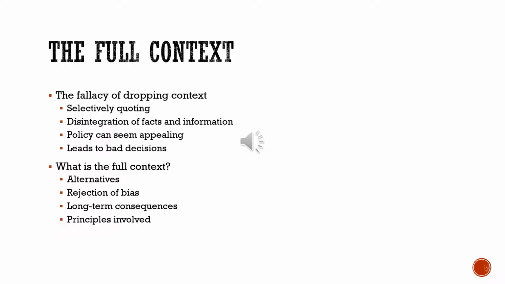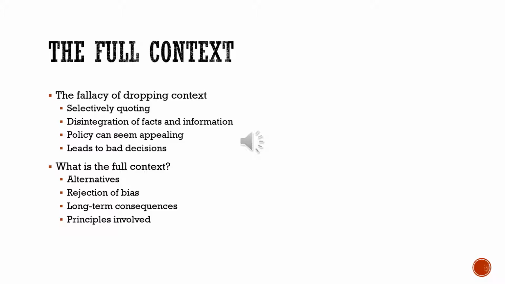We are all probably aware of the fallacy of dropping context. The classic example is to selectively quote someone. When this occurs, some of the words that a person has written or spoken are used in such a way that misrepresent the intended meaning. When we speak or write, we don't speak or write in disintegrated sentences. Our sentences are part of a bigger whole, and combined they provide the full meaning of what we're trying to convey. So when we drop context or don't consider the full context, we're just taking bits and pieces and it